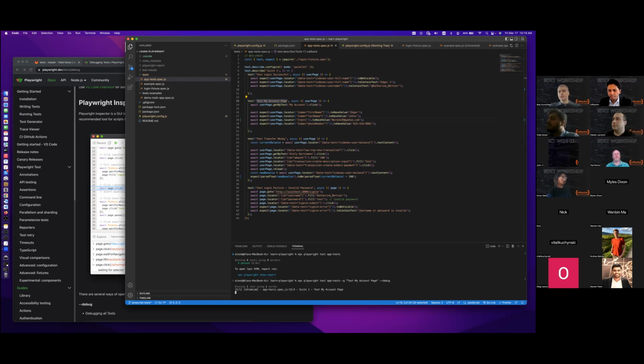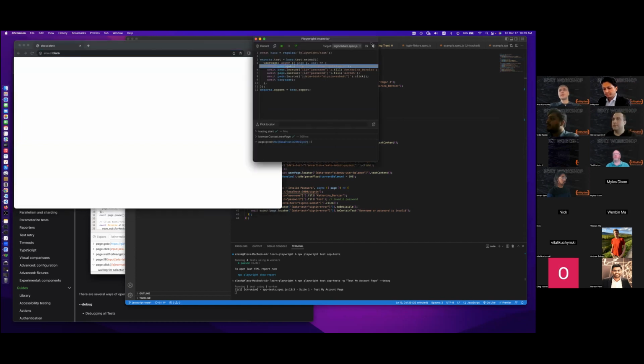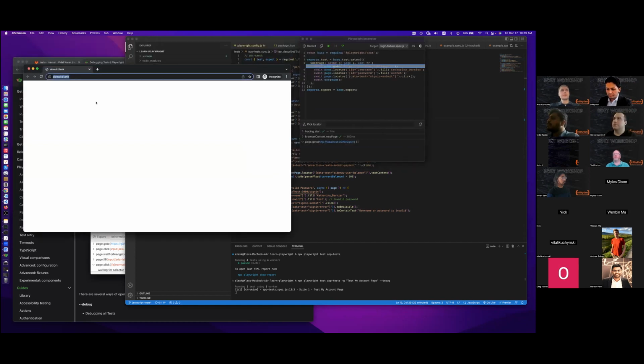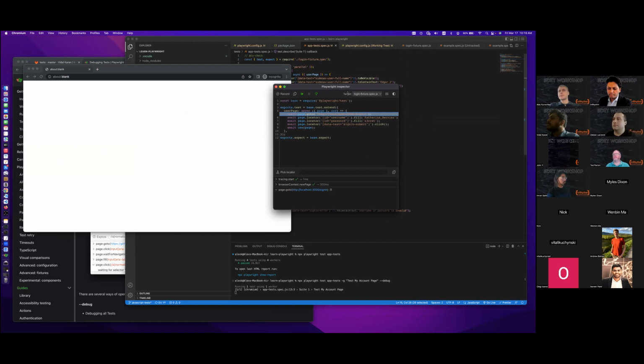I'm starting to run. And as you see, not only does the window for executing the test, the browser window, open, but we also get this utility window, which is Playwright Inspector, that shows the code and that shows the debugger, like command buttons, play, pause, and step over.